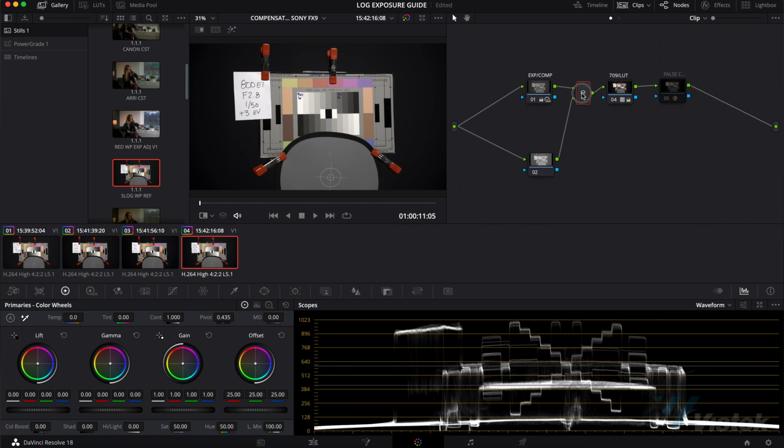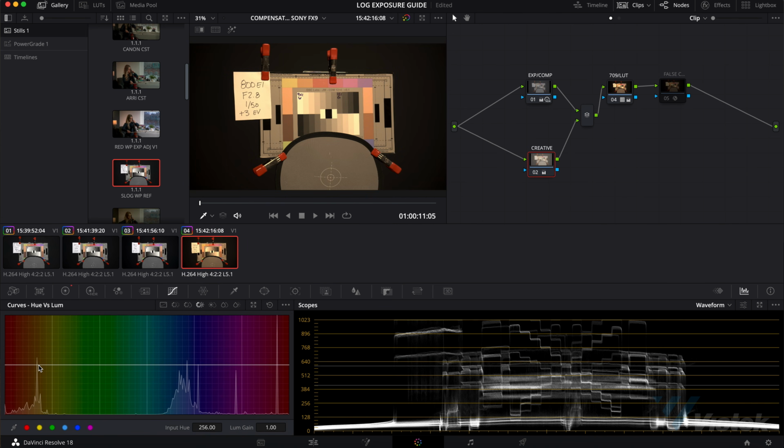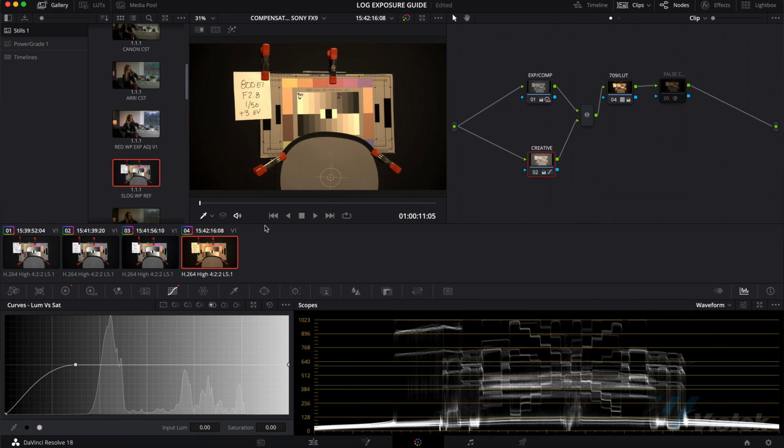And if you want to build a creative look on top of this, well, this is the time to do it, and this is where you're going to do it, by just simply adding the creative adjustments to another before or before parallel node. One note before we go any further, there is another way to do this within DaVinci Resolve,